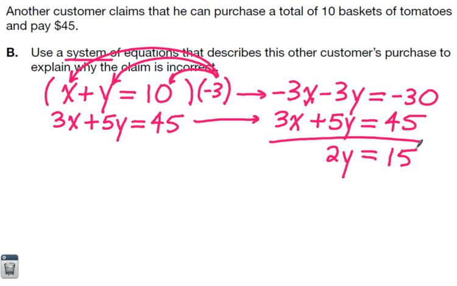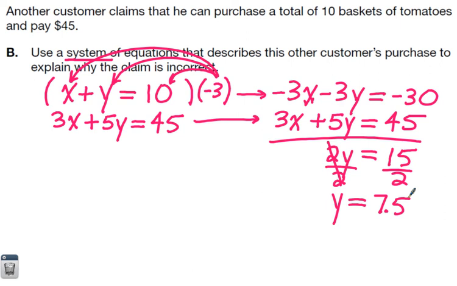And so just like in Part A, just like any system you're solving with this method, now you're in a position to actually get y by itself and know what y is, simply by dividing both sides by 2. And 15 divided by 2, well, if you're going to approximate that, or have it as 15 over 2, maybe write it as a decimal, that should be 7.5. All right? So you always have to keep in the back of your mind, y equals 7.5. That means that this customer purchased